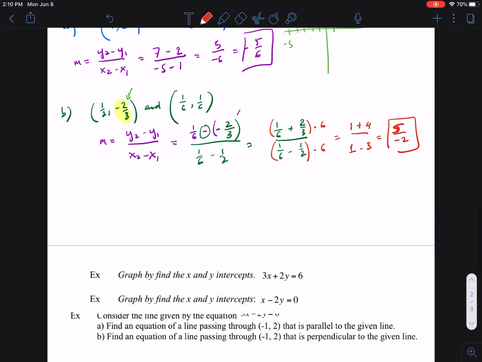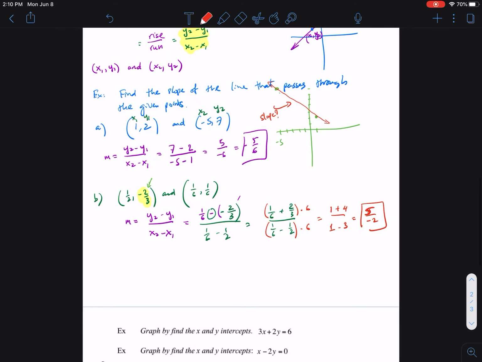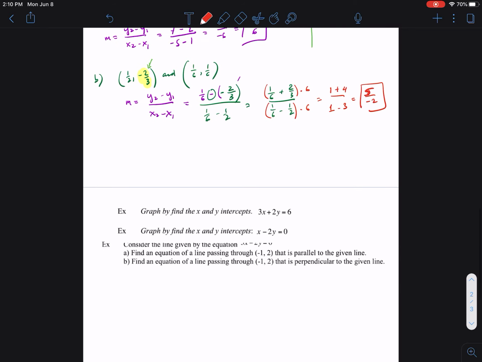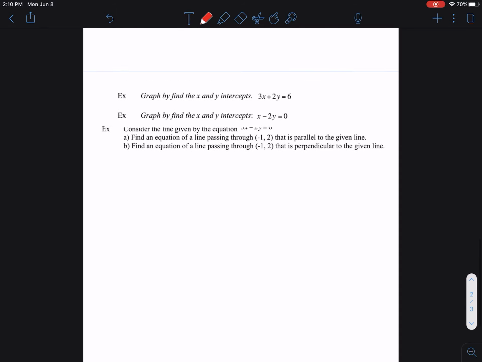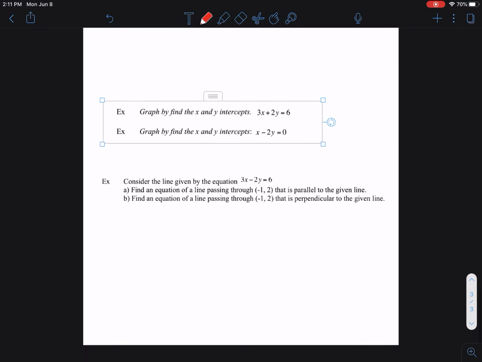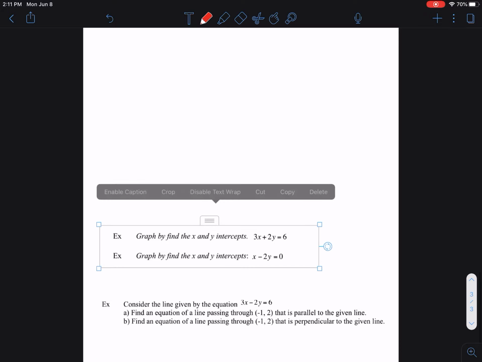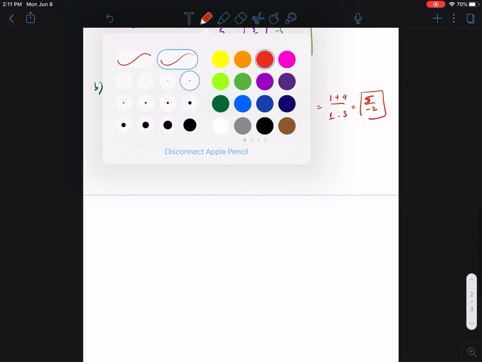Okay. So that's how you find the slope of a line that passes through 2 points. Now suppose you have some lines that are not slanted, some special lines considered to be vertical or horizontal, right? So we can say, all right, so